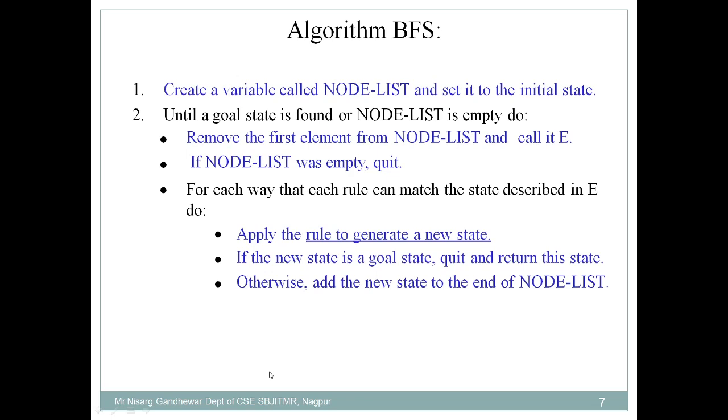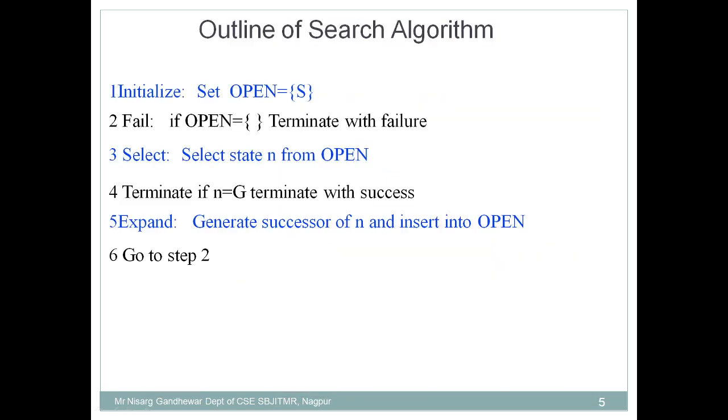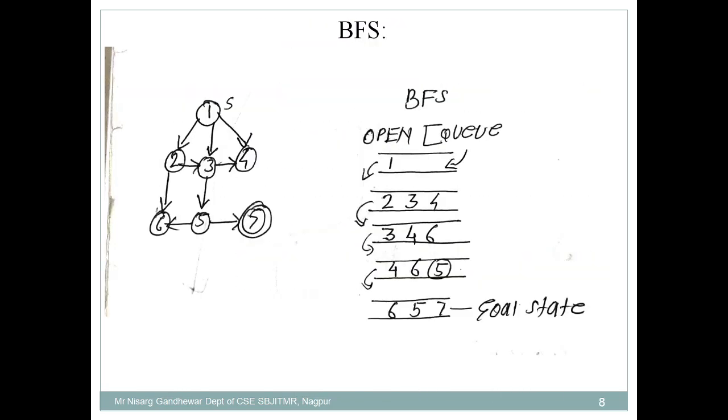So this is how the breadth first search algorithm works, and it is based on this search algorithm. Try to correlate the things. In this case, initially we have considered one list, then we are considering the terminating condition, then we are selecting one state from that list. If that state which we have selected is a goal state, then we have to terminate. Otherwise, we have to expand it and find the successors of the given state which we have selected, and check whether it's a goal state or not. Suppose it is not a goal state, again you have to add all the successors to the list so that they will be considered later on. So this is how breadth first search works.